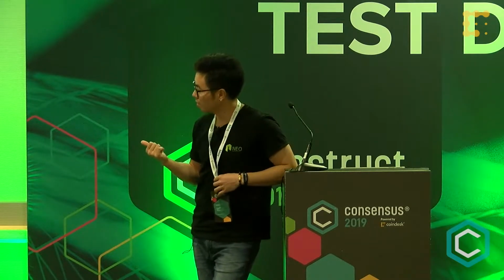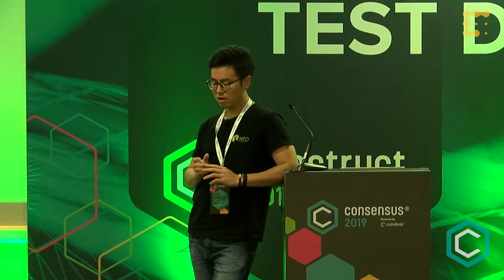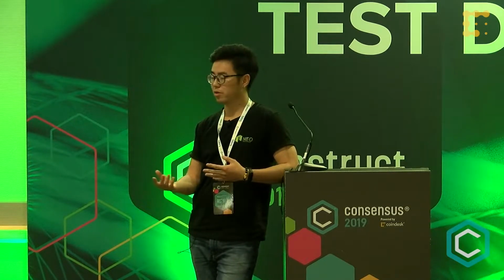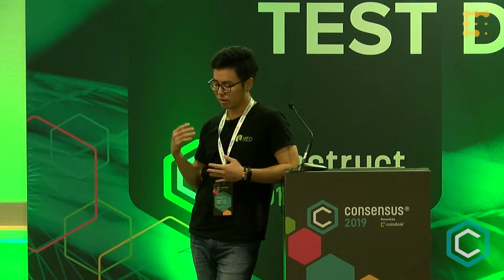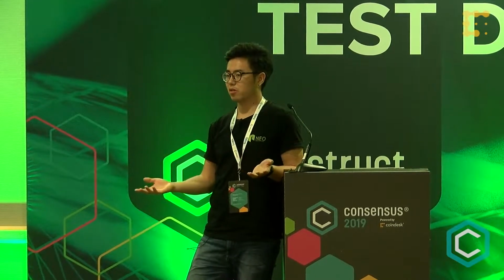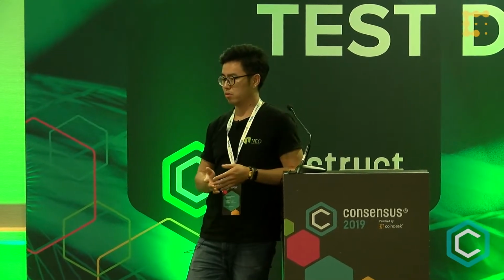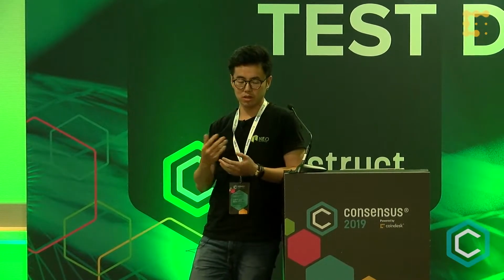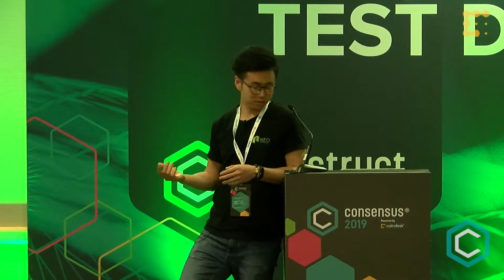There are two ways that we provide. One is NEO Local. NEO Local is a simple way to start a NEO private net. In Docker, with one command, we'll bring up the consensus nodes for you, and we also bring up the blockchain explorer for you. The second is NEO Client. It's more flexible in that you can create the NEO network by setting up all the consensus nodes and all the nodes that can communicate with the consensus nodes.